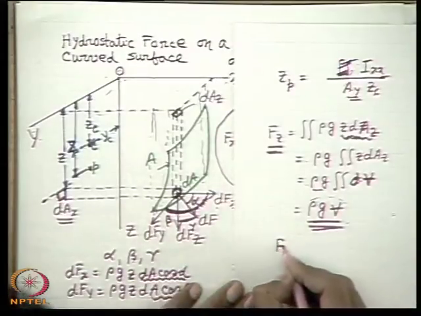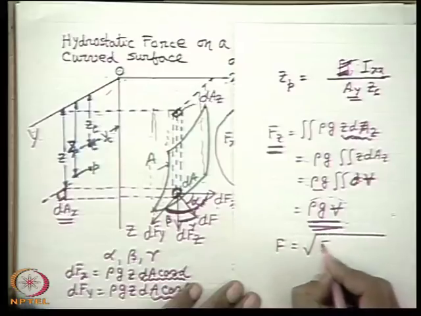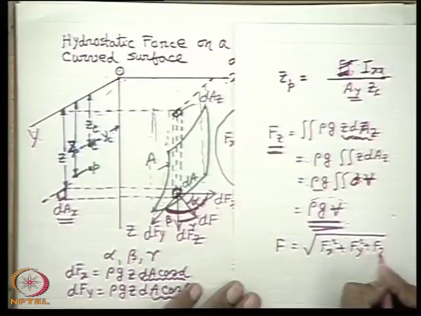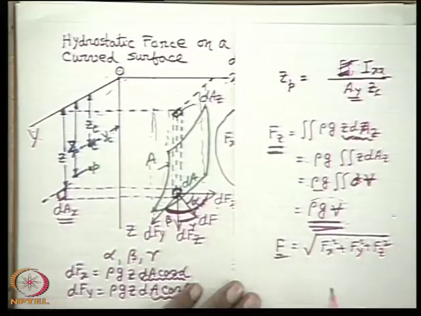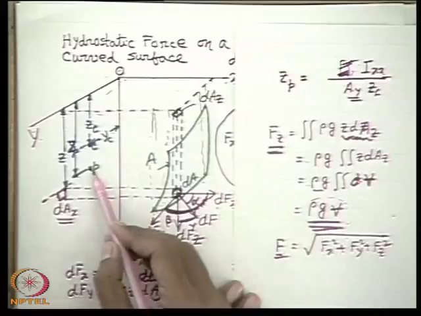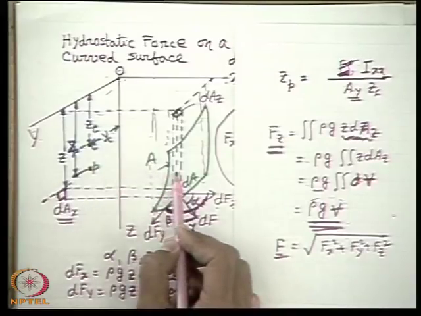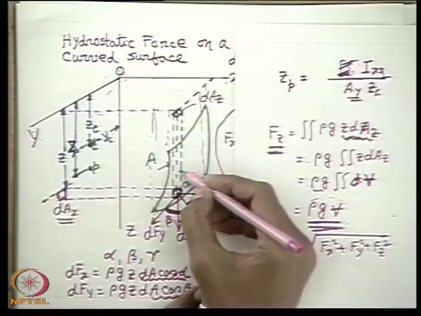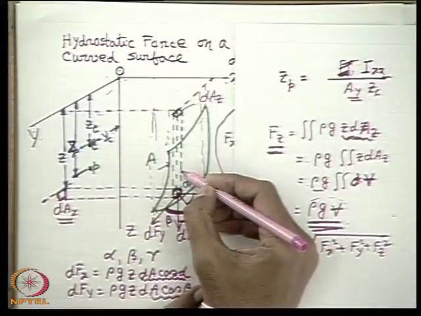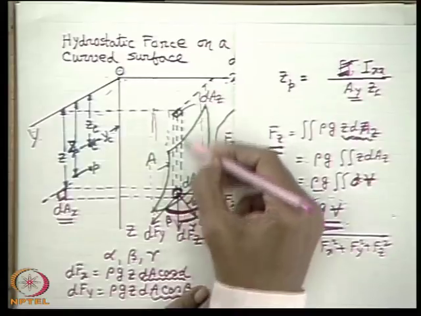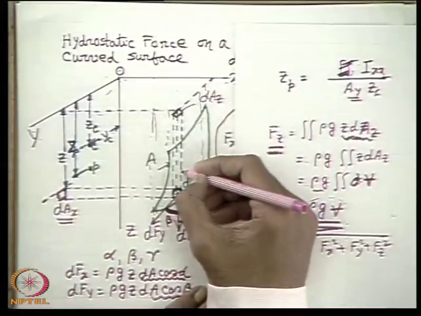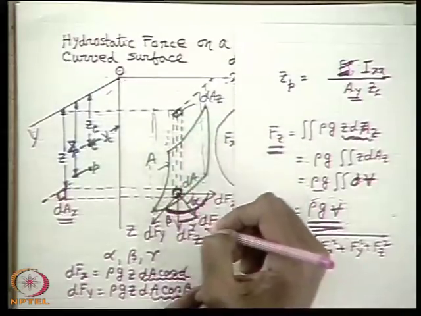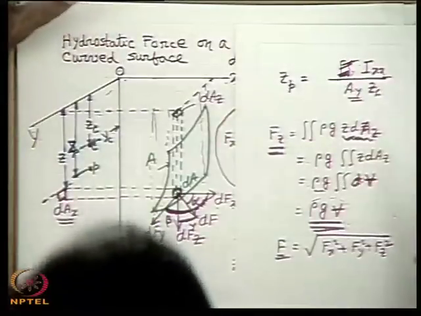So the resultant force is very simple, you just vectorially add Fx square plus Fy square plus Fz square. But the point of application of this force is difficult in the sense that we can find out the force in the x direction and the point of application in the y direction, and the meeting point we know. If we draw a vertical line through it, then the actual force will pass through this point, which will also go through the center of volume. So, this I will explain while solving a problem.